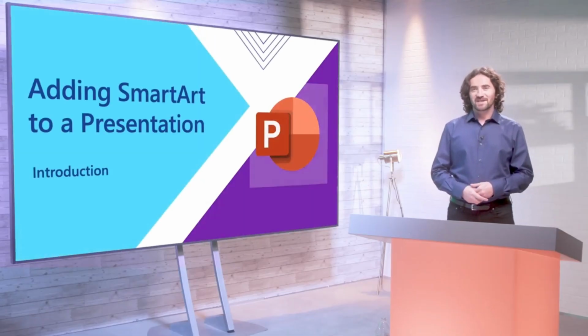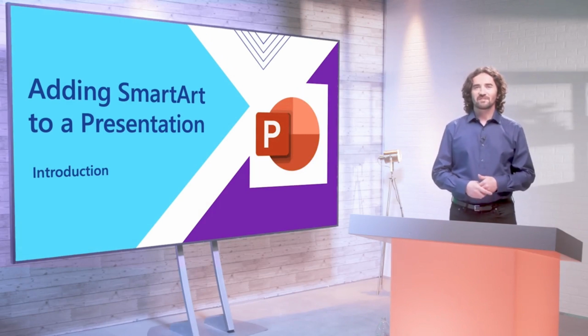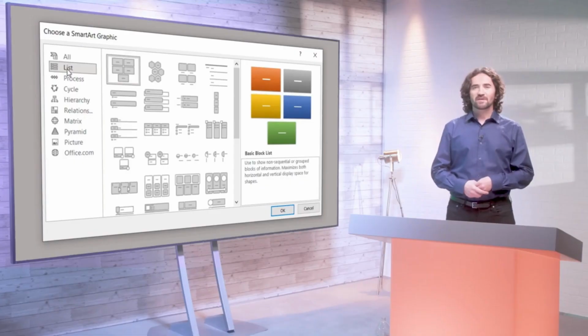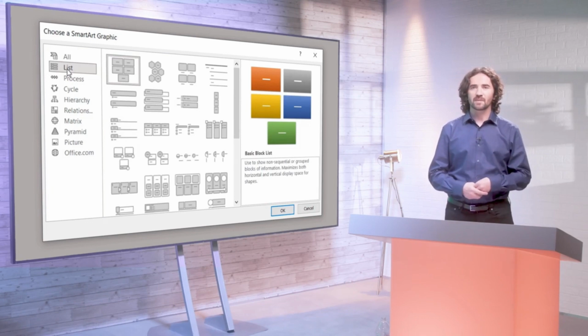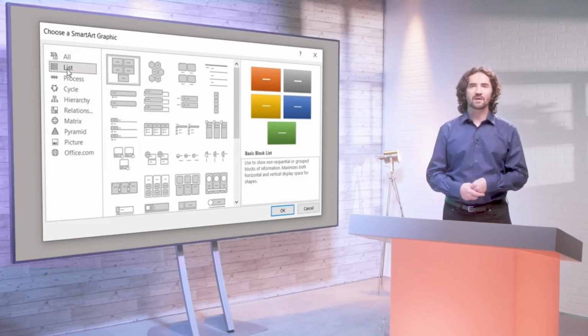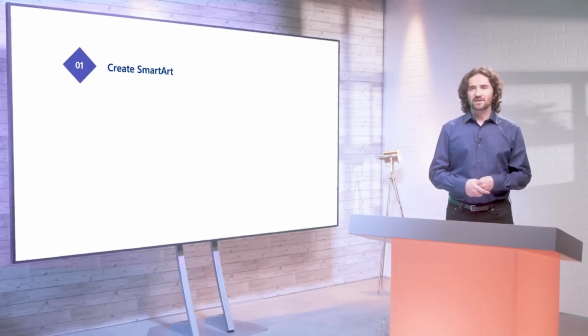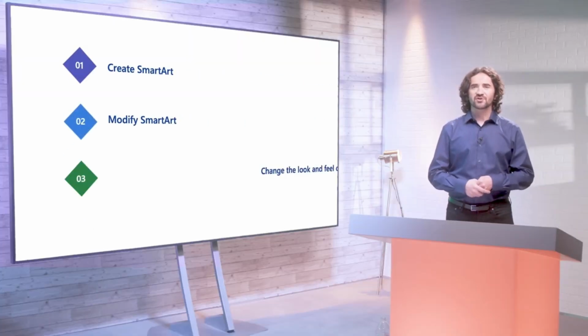Traditionally, graphical representations of data or textual information have been difficult to create. The SmartArt feature has been included to facilitate this process, and it gives you a wide range of options to create unique graphics. PowerPoint features a powerful graphic creation tool called SmartArt. This tool will help you create graphical representations of text or data and add them into your presentation. Typically, SmartArt is used to show hierarchical or relationship information, such as an organizational chart. In this lesson, you will discover how to create SmartArt, modify your SmartArt creations, and change the look and feel